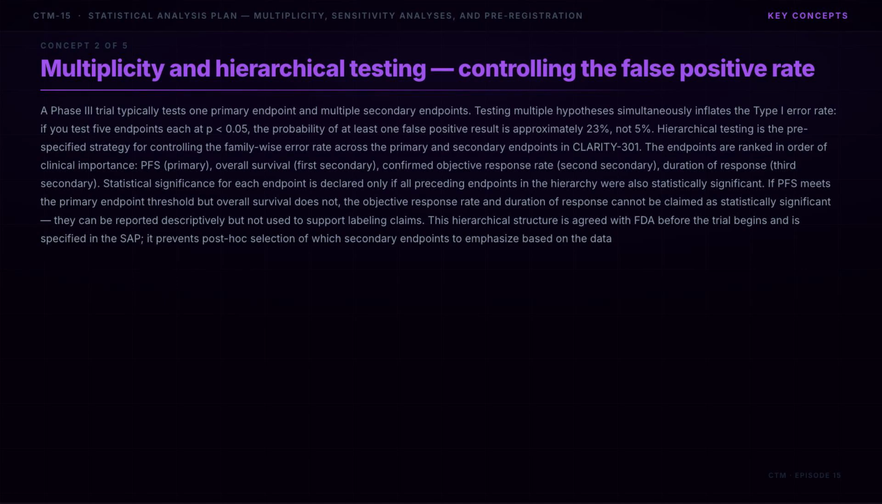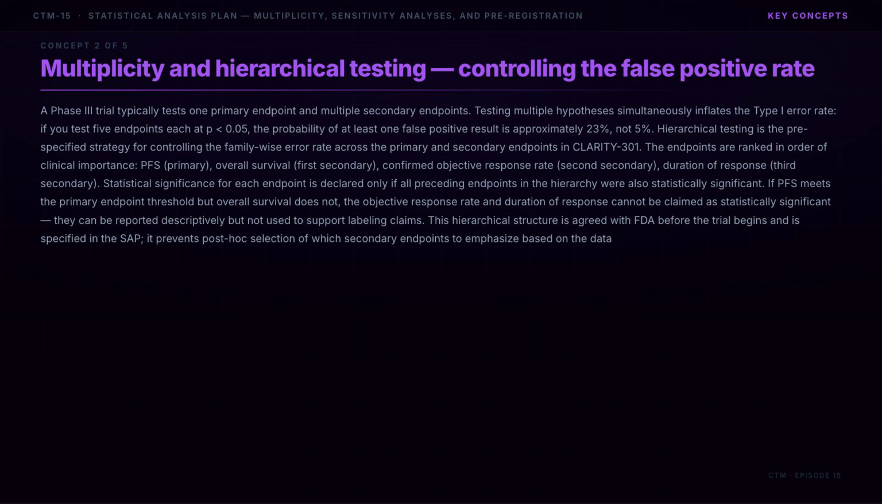Multiplicity and hierarchical testing, controlling the false positive rate. A Phase 3 trial typically tests one primary endpoint and multiple secondary endpoints. Testing multiple hypotheses simultaneously inflates the type 1 error rate. If you test 5 endpoints each at p=0.05, the probability of at least one false positive result is approximately 23%, not 5%. Hierarchical testing is the pre-specified strategy for controlling the family-wise error rate across the primary and secondary